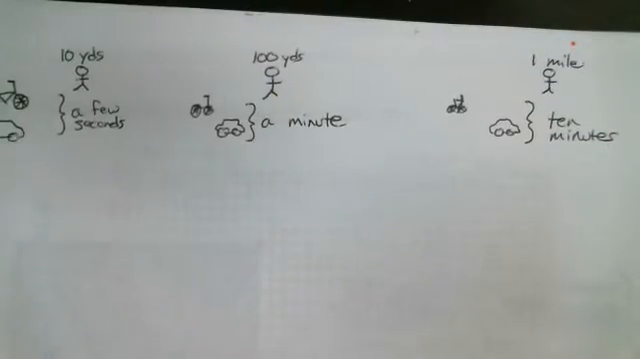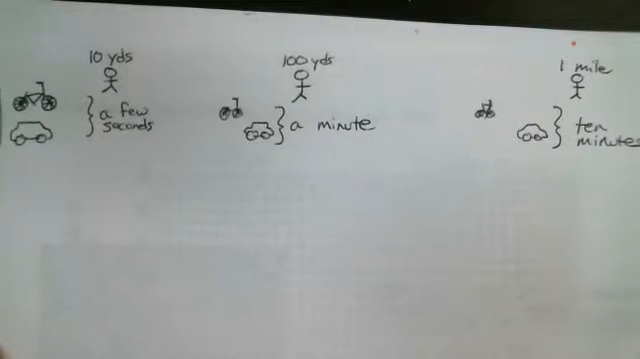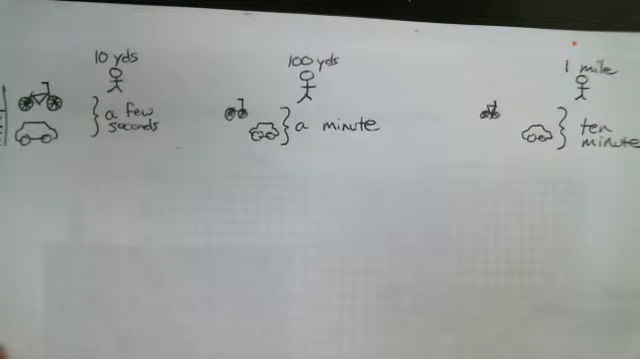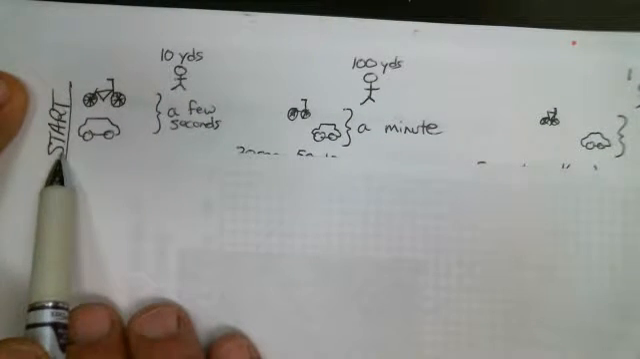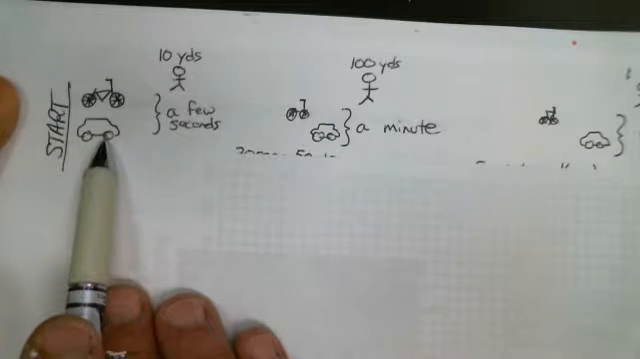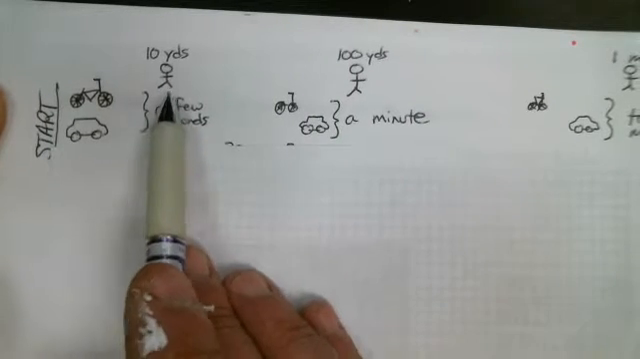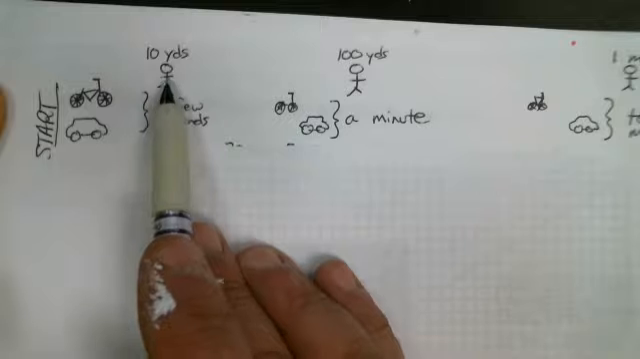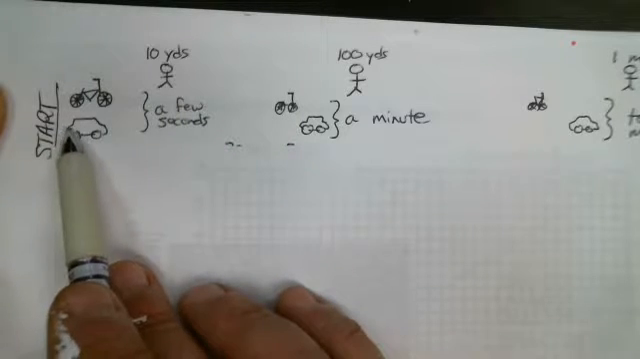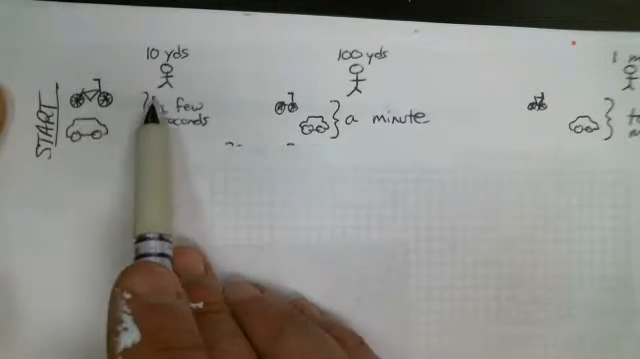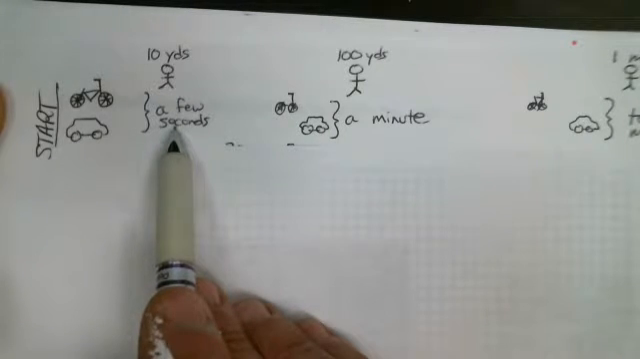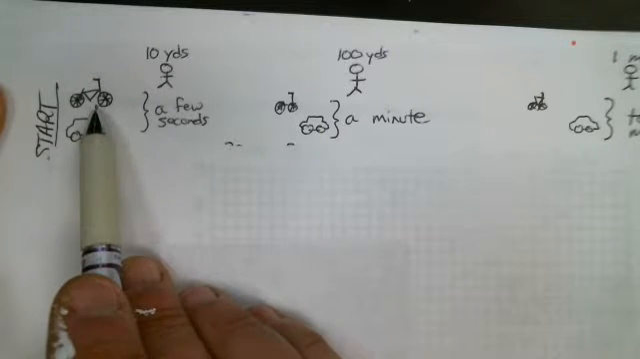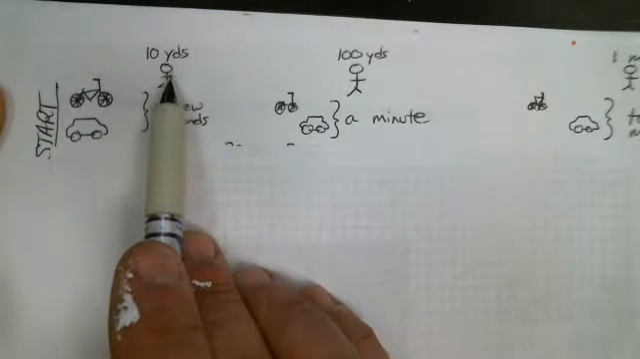So let's try to make an analogy. Let's say that we're having races between a bicycle and a car. We have the starting line down here, and the bicycle and the car. And then we have different observers down the line. Here we have an observer who's 10 yards away from the starting line. The difference between the bicycle going by and the car going by is only going to be a few seconds. The bike is not going to be that far behind the car when you're observing it from only 10 yards